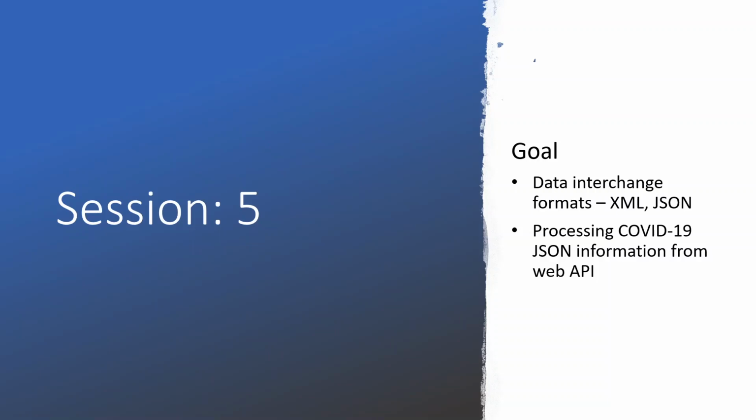Okay, so the reason that we are studying data interchange formats is because actually we can study some other parts of Python, such as regular expressions and exceptions and things like that, which will automatically come during the process of making this program. Okay, so why do we need JSON and why do we need XML?